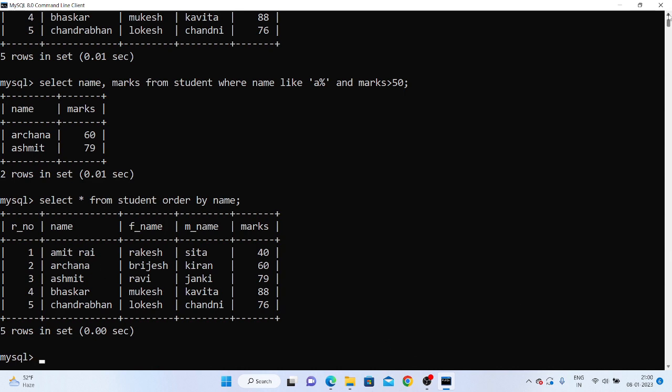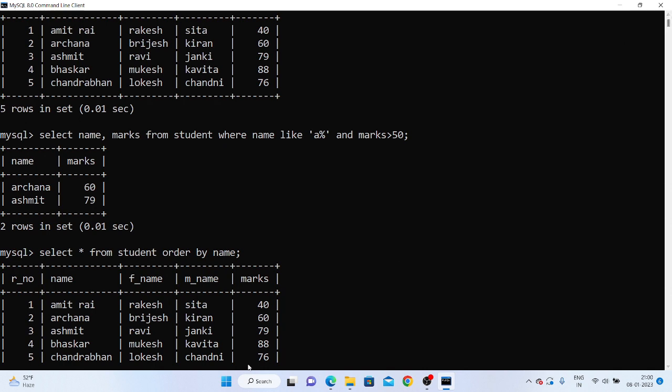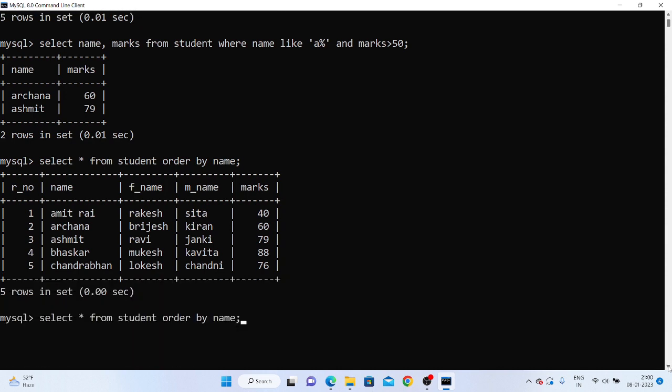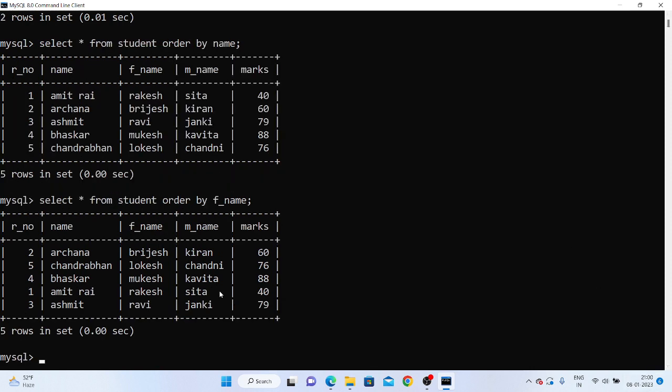You will not understand this because I am getting the same record, since it is already given in ascending order. So I will show you by changing it to the name of the father, to check whether this particular query is executing properly or not. So what I have to write: select asterisk from student order by F name. If I write this query, you can see that first the name of the father, whose name is Brijesh, and then